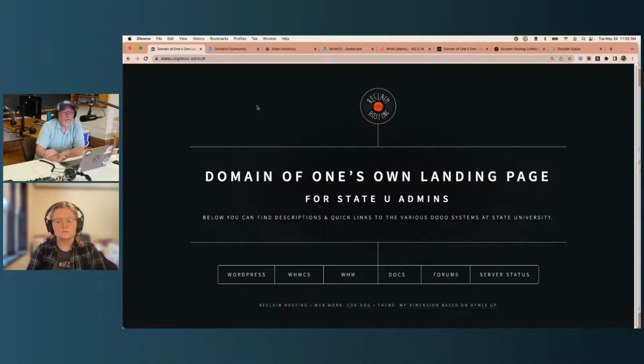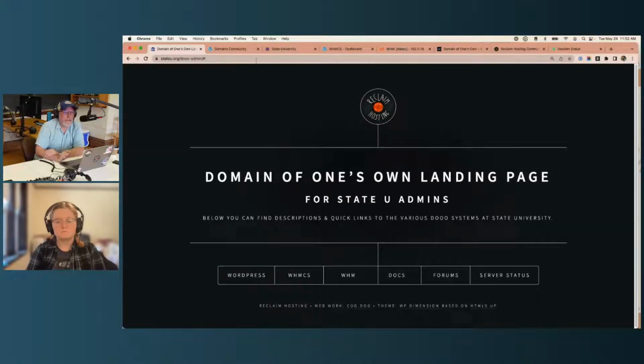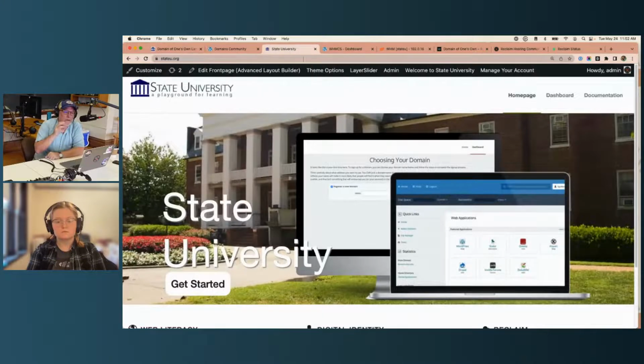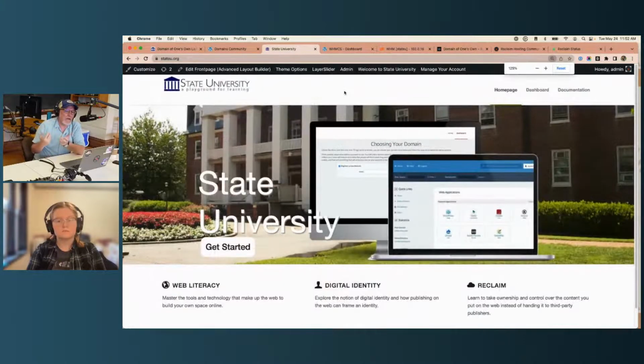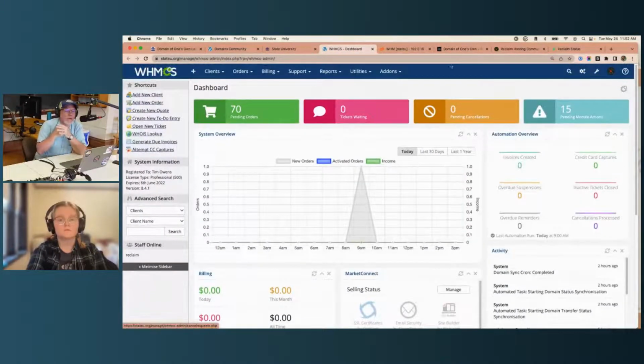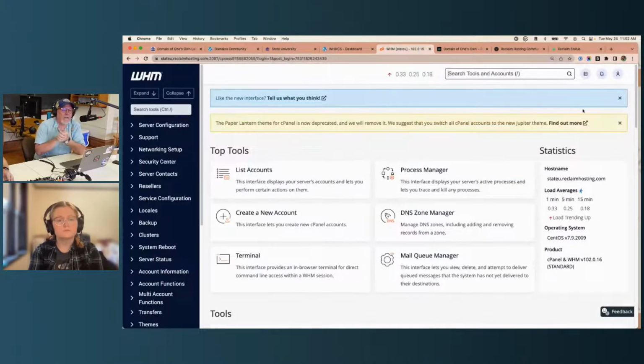I do think what I refer to as the holy trinity of the Domain of One's Own setup is, as Lauren pointed out, WordPress as the wrapper, and WHMCS as kind of the middleware, accounting for everything that's happened across the entire infrastructure by reporting what new accounts were added to WHM. And WHM is effectively your cPanel server, right? That's what you pay for. We use WHMCS to automate the creation of accounts, and WordPress sits on top of it, doing what a good open source tool will do.